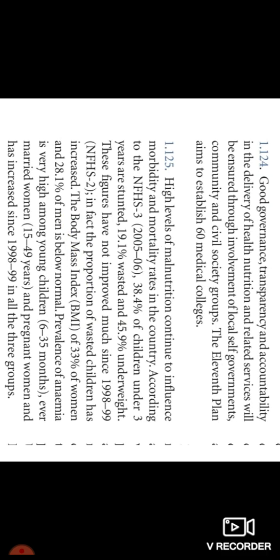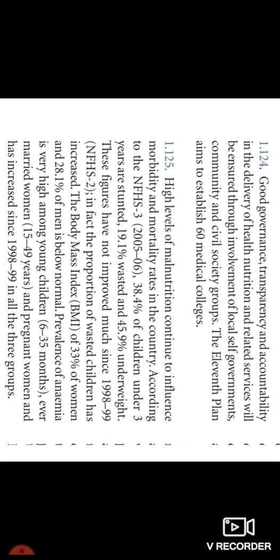Then another one, some of the main points: good governance, transparency and accountability in the delivery of health, nutrition and related services, and ensuring the involvement of local self-government, community and civil society. So the 11th five-year plan aims to establish how many medical colleges? 60 medical colleges. And another point we need to focus on, according to NFHS-3,